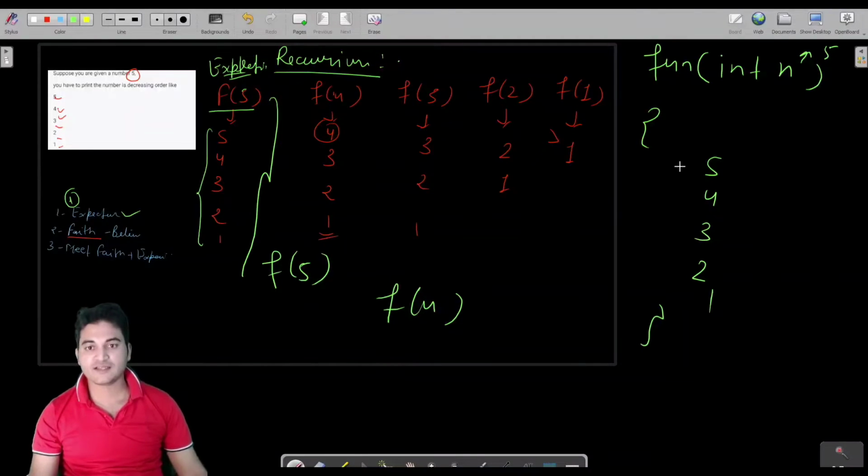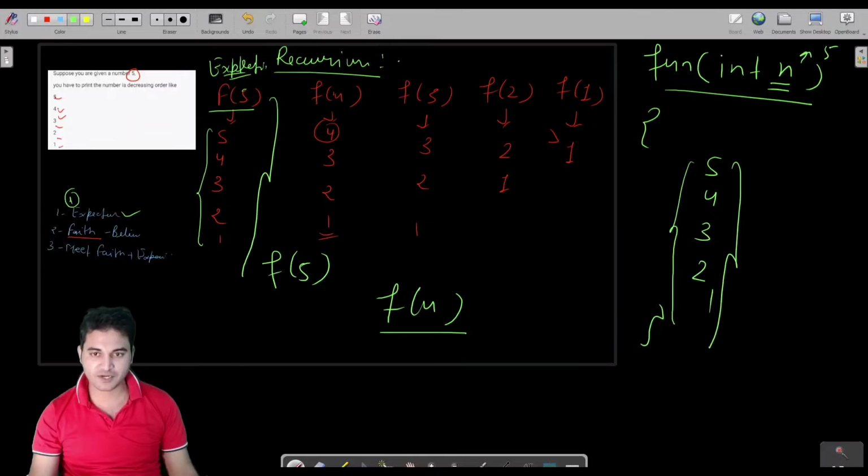So rather than printing all these digits, what you will do, that this is the expectation from you, then what you will do, you will have faith. Then if I call f of 4 from this function, instead of printing these numbers, if I call f of 4, or you can say n-1 also, because 4 is equal to the n-1 of 5, like 5 minus 1 is 4. Fine.